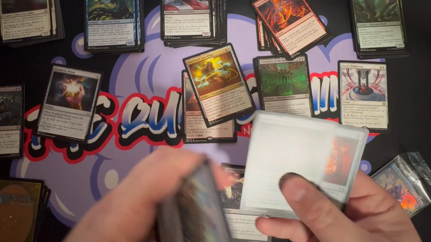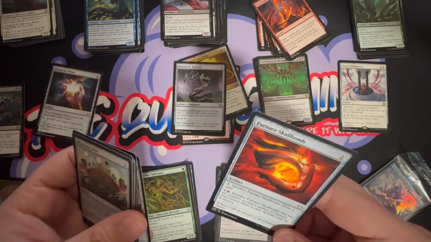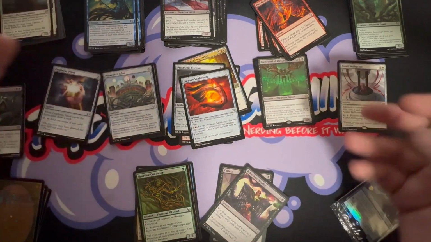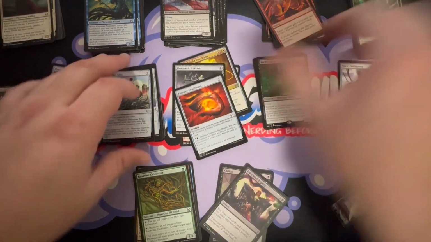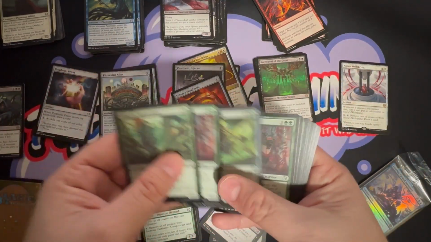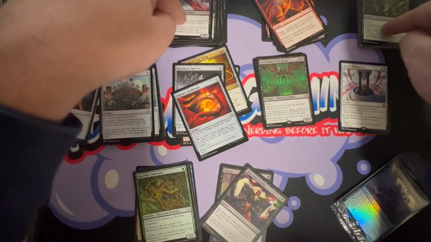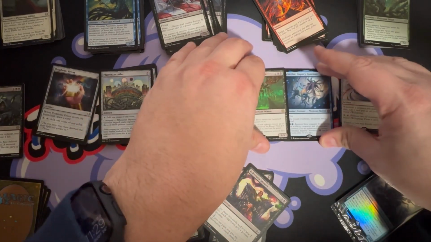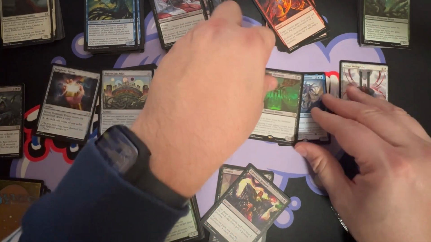We got that route, we got that route. We move oil counters around, so you can go easily red, white. You can go red, green, oil. You can go green, black. There's so many different options, but because of the cards that we got, our best bet is Esper because